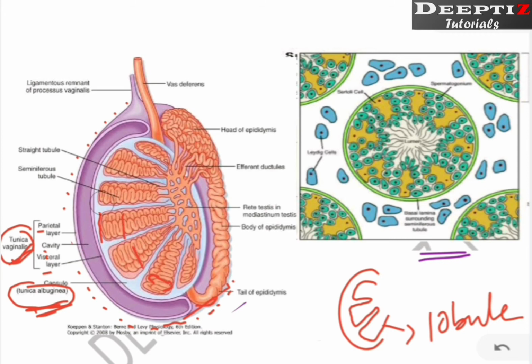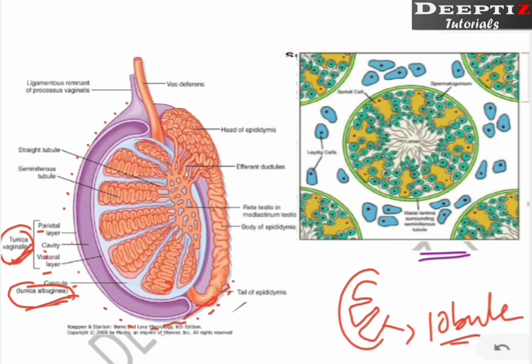What is the reason for formation of these compartments? This layer, that is tunica albuginea, is showing some kind of folding in between. When they fold or grow inward, this inner chamber is divided into a number of compartments. So this light blue colored layer we call tunica albuginea. This gap which you can see here is also tunica albuginea, right? So tunica albuginea makes this testis into a number of lobules. We call them testicular lobules.